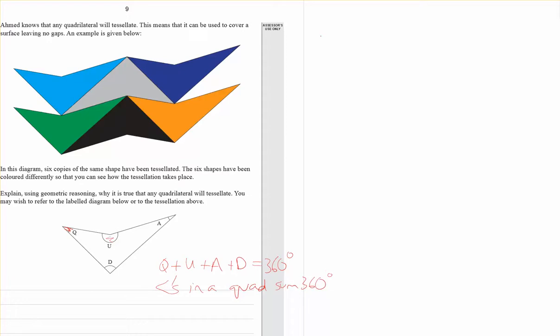Now for a shape to tessellate, and I'm going to write over here, but you can write down below, it's really important that angles around a point sum 360 degrees with no